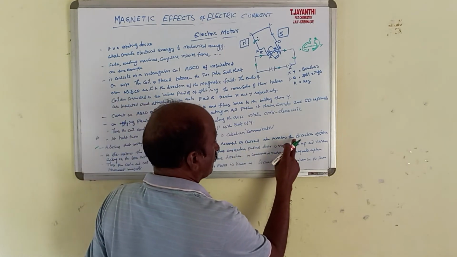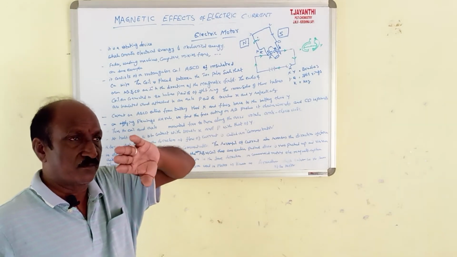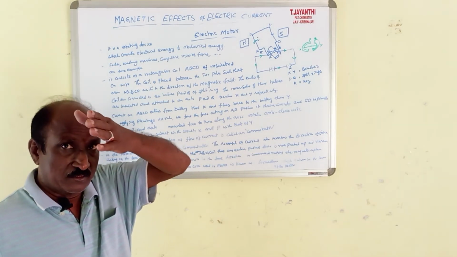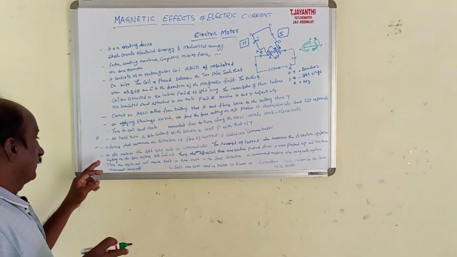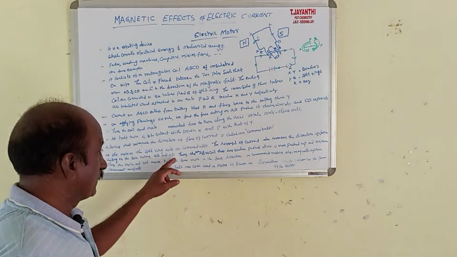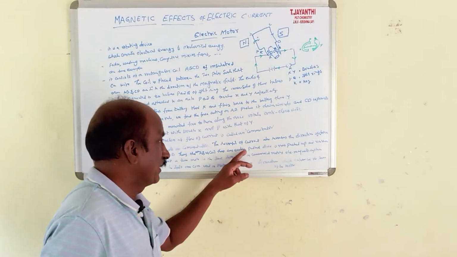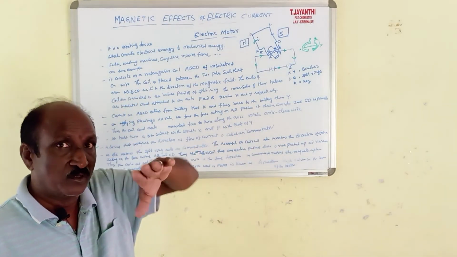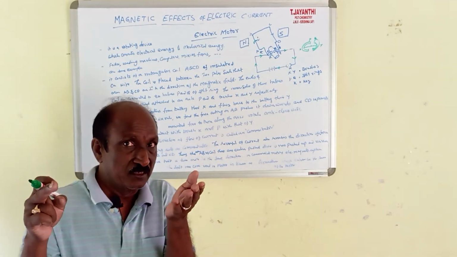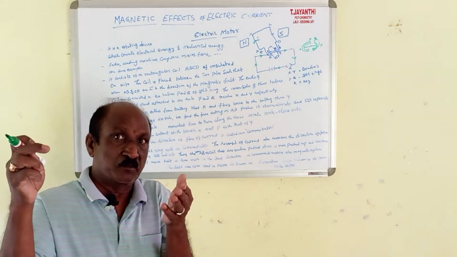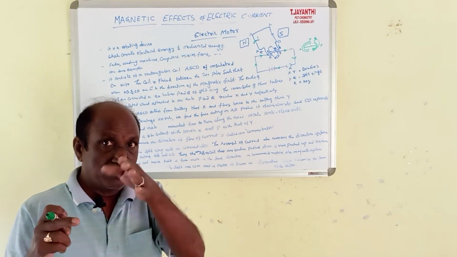The reversal of current also reverses the direction of force. Once the reversal of current took place, the direction of force is also reversed on the two arms AB and CD. Thus the arm AB of the coil that was earlier pushed down is now pushed up because the reversal of current happened here. That is what we call the phase difference. In the coming sessions, in plus 1 and plus 2, you will be able to understand what the phase difference is.